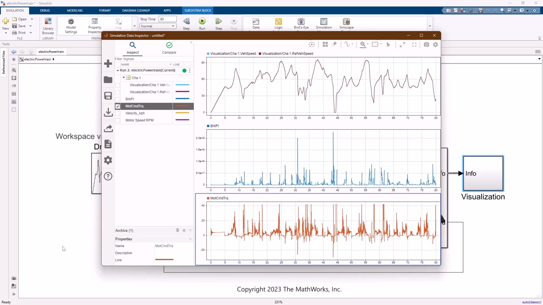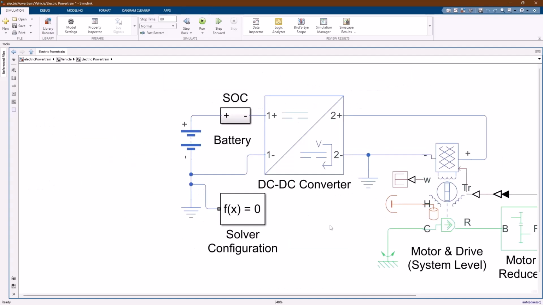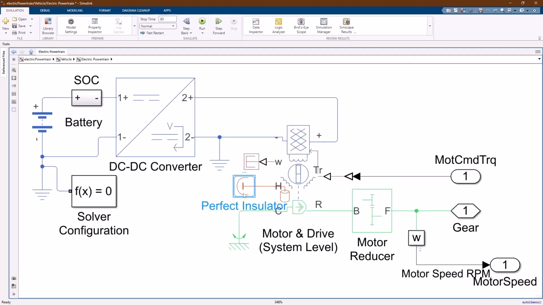However, another important factor in our vehicle design that we haven't covered yet is how to handle the fact that we need to cool our power electronics. In the next video, Veer will go over how we can take this heat output from our motor and dissipate that heat through a cooling system built using Simscape.